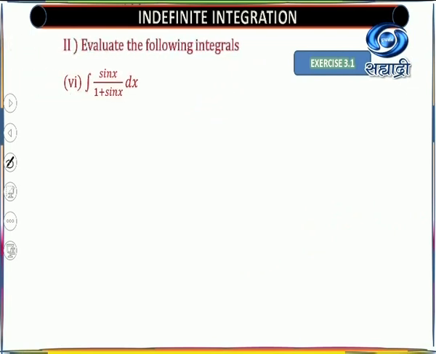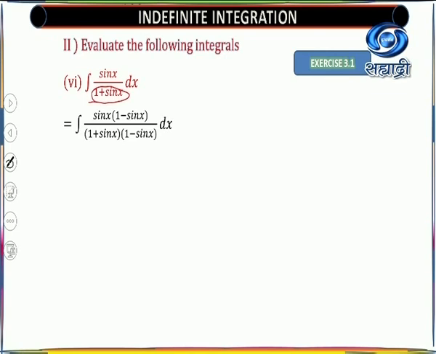So next example now, that is the integral of sin x upon 1 plus sin x. Now look here, you don't have directly any identity, but if you rationalize, then also you will get the value. So we'll start by rationalizing the function. Rationalizing the function means rationalizing the denominator. Here you are multiplying and dividing by the conjugate of whatever is in the denominator. So what is in your denominator?